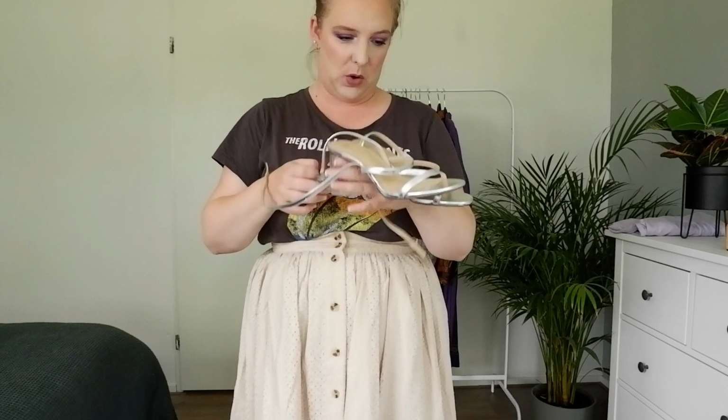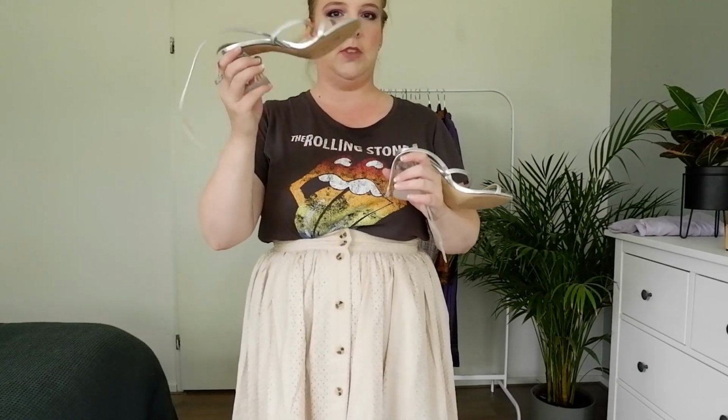I'm moving straight on to the accessory that I bought, and that's this pair of shoes. I had been, again, like that black dress, I had been on the hunt for a good pair of silver sandals for a while, and then these popped up on the H&M website, and I was like, yup, if those fit. I very often have issues with these kind of straps because my feet are quite wide,